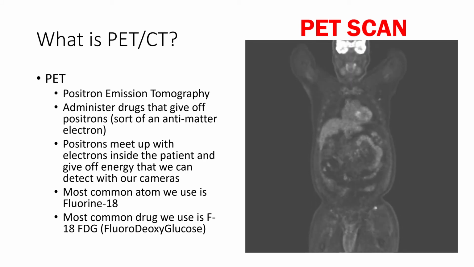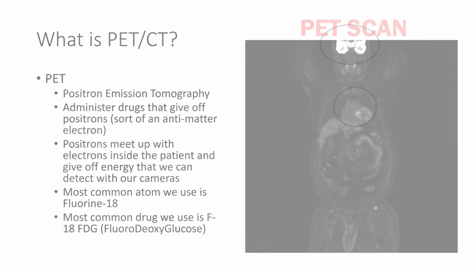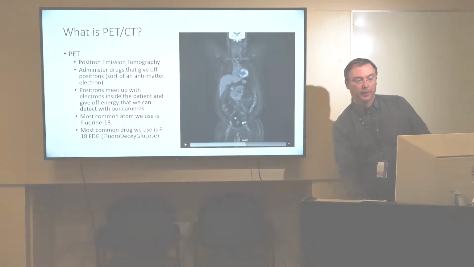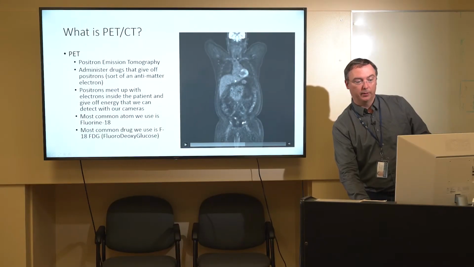So here's the patient's brain. Brain uses a lot of glucose. It uses a lot of sugar, and so there's lots of activity there. Getting down into, you can see the patient's arms, you can see the patient's heart. This is actually the pumping chamber of the heart, the left ventricle. It uses a fair bit of sugar. Patient's lungs around the heart. This is the patient's liver, getting down into the abdomen. You can see their